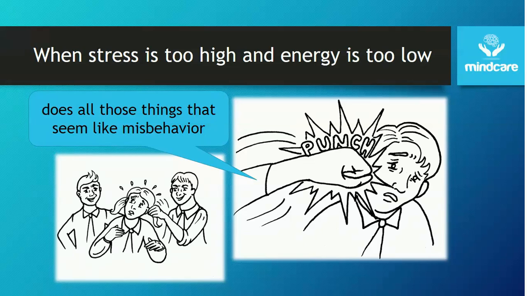And all those things like hitting, like bullying at school, all those things that seem like misbehavior, talking back to a teacher or a parent, I don't care, things like that may also be stress behavior, not really misbehavior. So especially these ones are difficult to put in the frame of stress behavior, but we need to do that. We need to try to see those behaviors as stress behavior, and ask the questions why and why now. Why this kid? Why now?